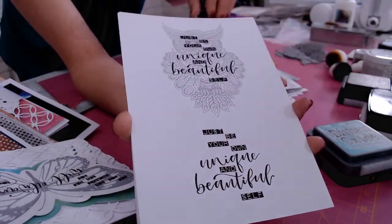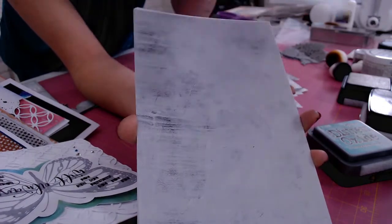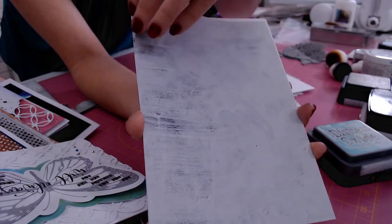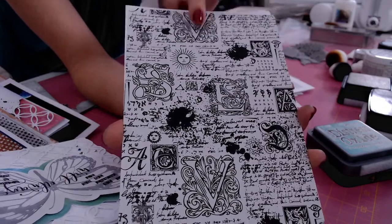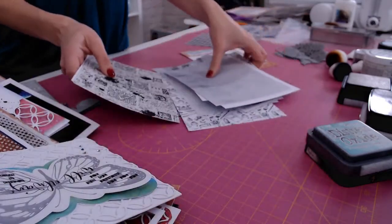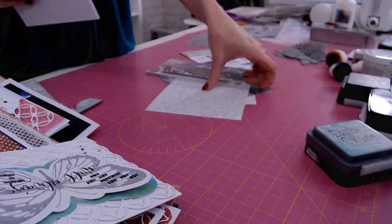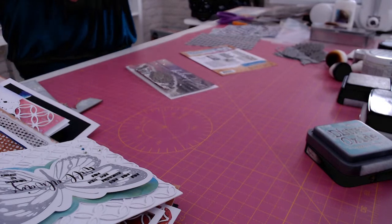And then we've got the owl there, about being unique and beautiful. Some more distressing texture. You see, when you start saying distress, it gets frightening, but these aren't, not at all. This is the idea. I wanted to make mixed media achievable and not scary for everyone. So whatever level you're at with your crafting, even if you're a complete beginner,